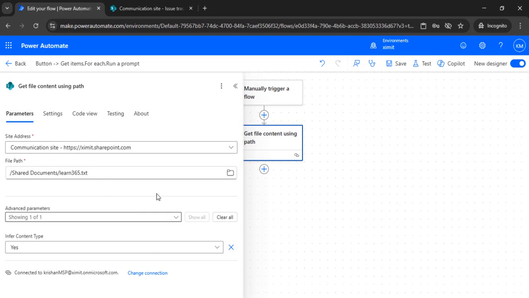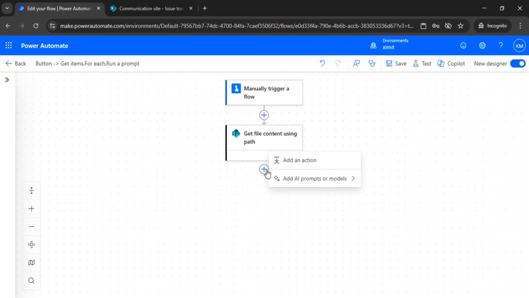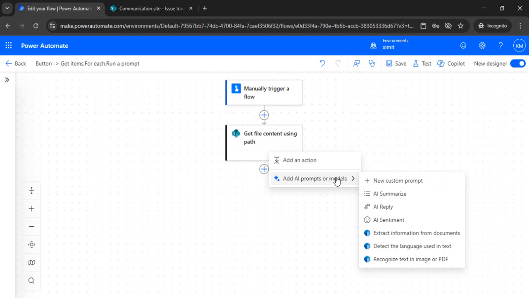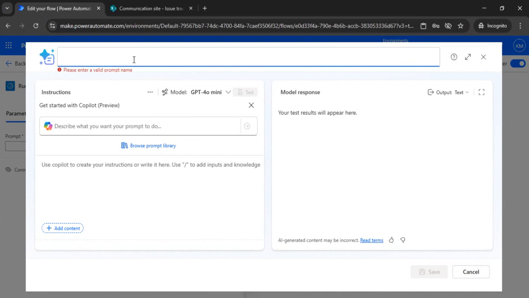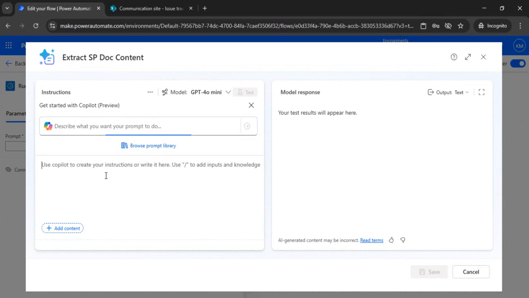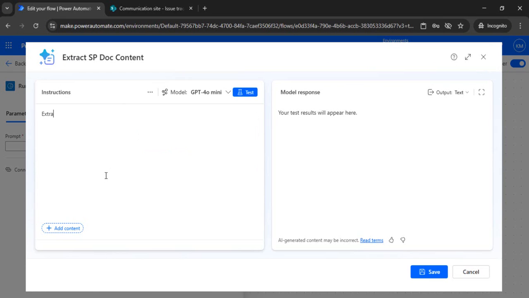I'm trying to summarize this text file so that I need not do any Azure Cognitive conversion for my binary to text conversion. So I'm just saying okay. Again, right click, AI prompt model, and this time I will use new custom prompt, and I will say extract sp doc content, and this time I will say what I need to extract. So I will say extract the text from document and summarize the document